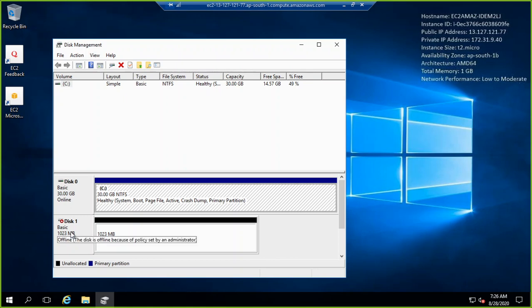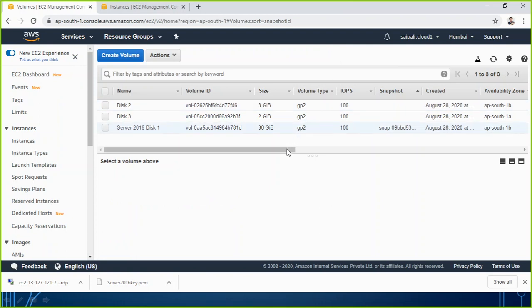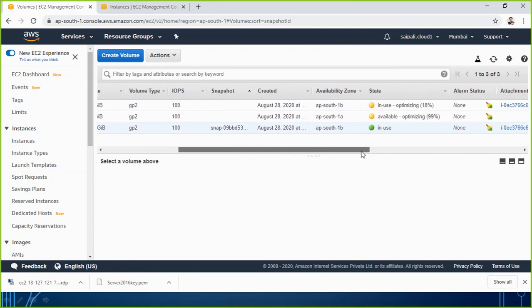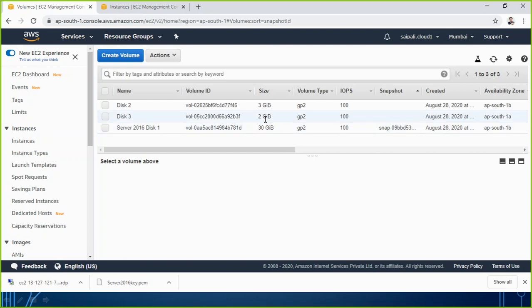Here you see what is the size it is showing. So it is showing me right now still 1 GB. It will become 3 GB but it will take some time. So how can you see how much time it is going to take? You check here. It is doing the optimizing process. Once it becomes 100%, then the result will be shown here. So this one is almost 99% done. This one is almost 18% done. We did the change there in extending the size.